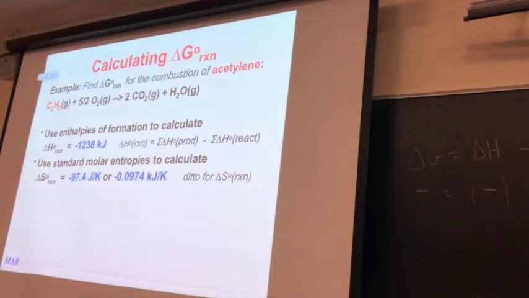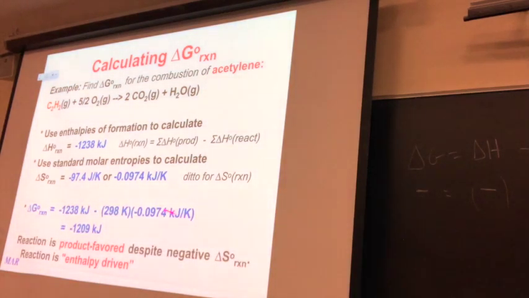Negative, good. If you see something happening, the sparking of a torch or the burning of a gummy bear or whatever, that means your delta G is going to be negative. So at room temperature, if we throw this together, we had better get a negative delta G. Acetylene torches are used all over the place. My welding friends tell me. I don't know anything about it, but anyway,